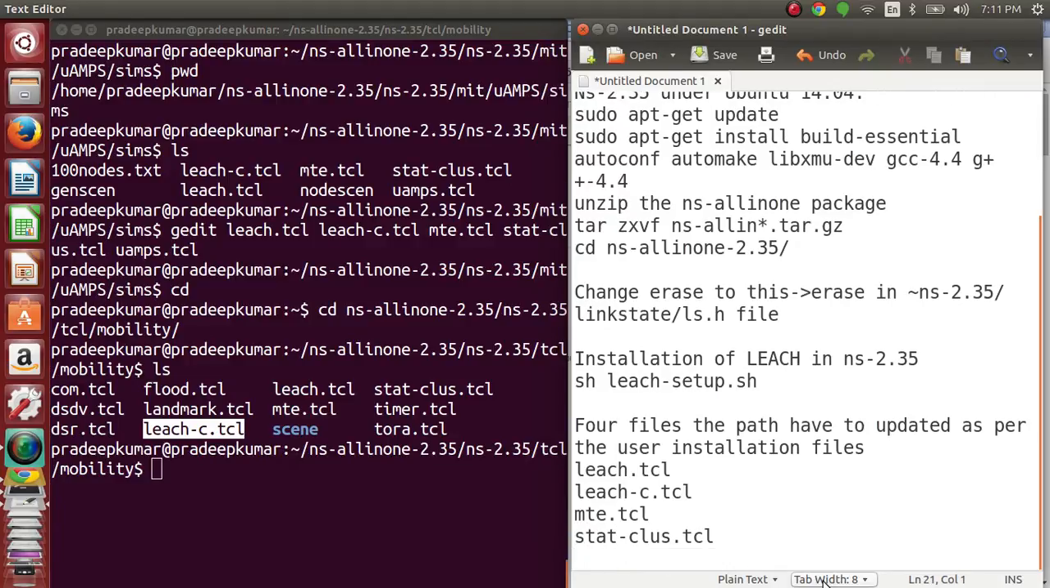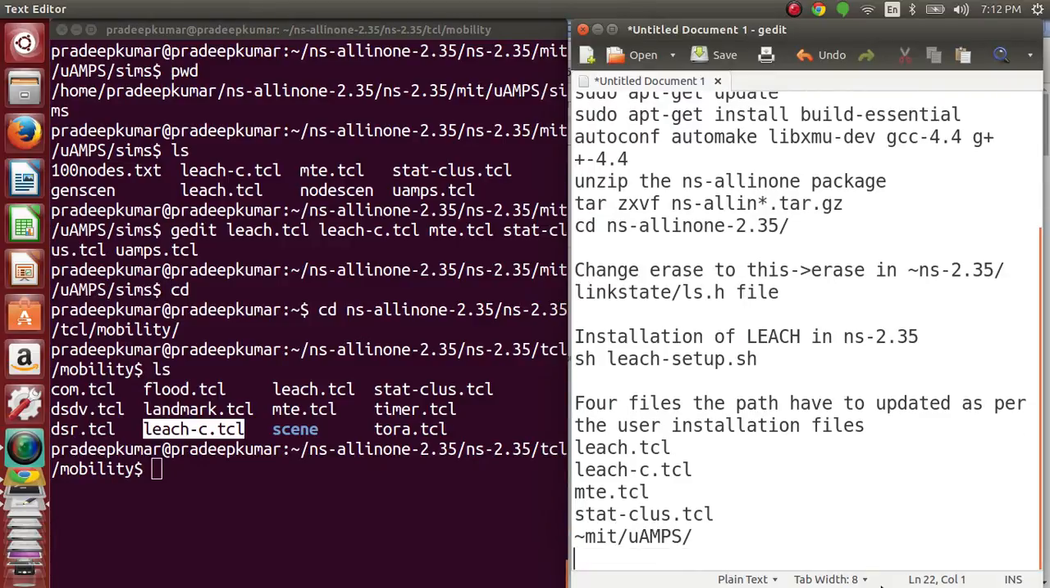Because some of the leach code will try to take the file from a particular folder. The folder name is like this, MIT slash uAMPS slash sims. Okay, here there is one path. The other path will be NS 2.35 TCL slash mobility. So once you do all the changes in all the 4 files,